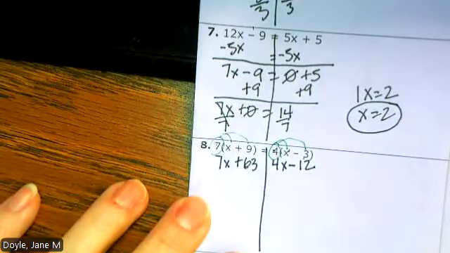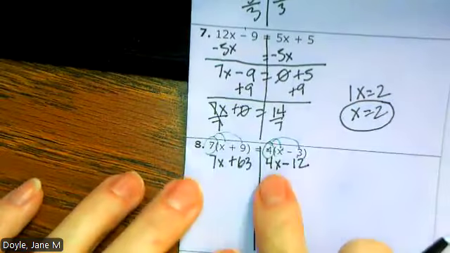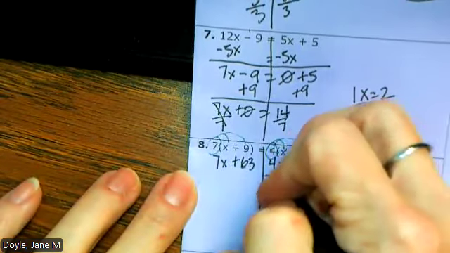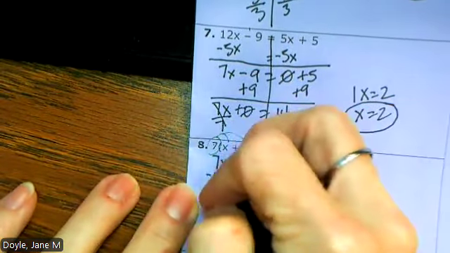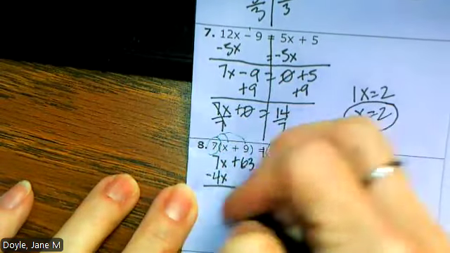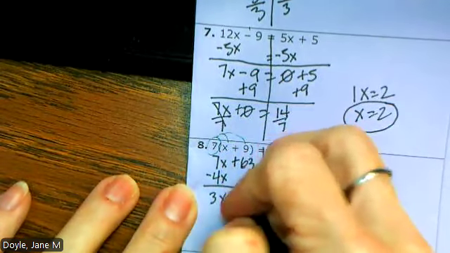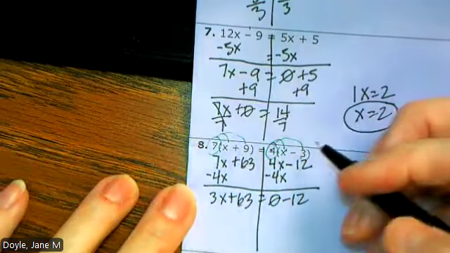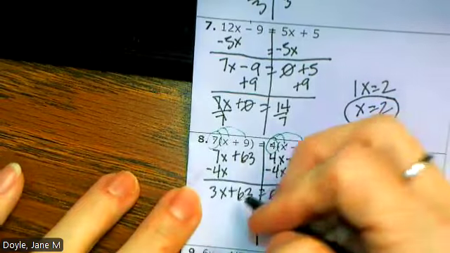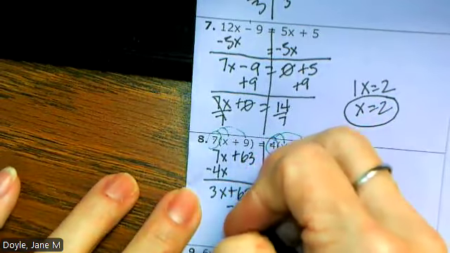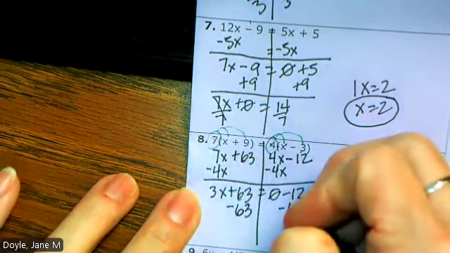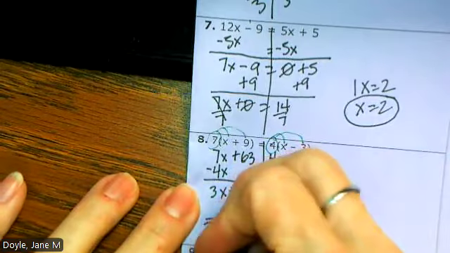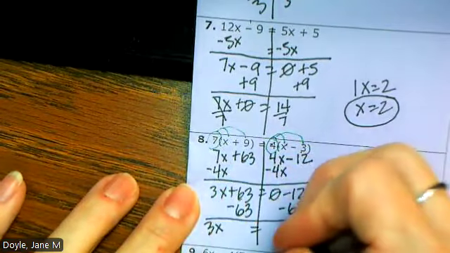Okay, now it just looks like 6, 7, and 9. We have variables on both sides. 4 is smaller than 7, so we're going to move the 4x. Which is going to give us 3x plus 63 is equal to 0 minus 12. Are we adding or subtracting something to our variable? We're adding 63, so we're going to subtract 63. Which is going to give us 3x is equal to